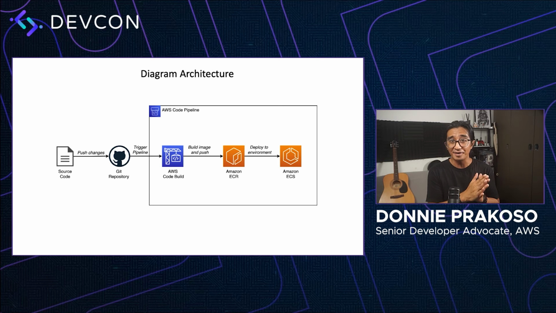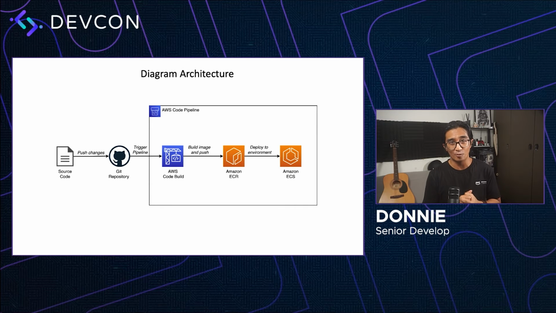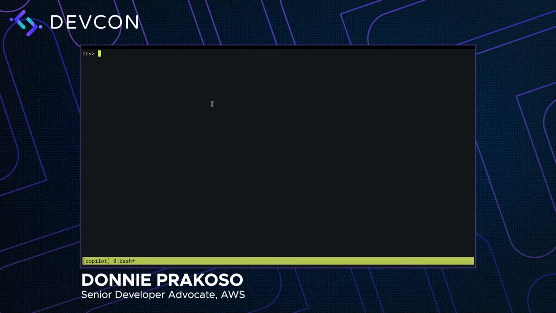It's not as hard as it seems. In fact, with Copilot, it's simple and straightforward. So let's jump into the next demo to implement CI/CD with AWS Copilot. In this demo, we're going to create a release pipeline for a single environment. We're going to use the application that I used in the previous demo. Before we create the release pipeline with AWS Copilot, I'd like to show you how to create an environment with AWS Copilot. To create an environment, you can use the Copilot env init command.